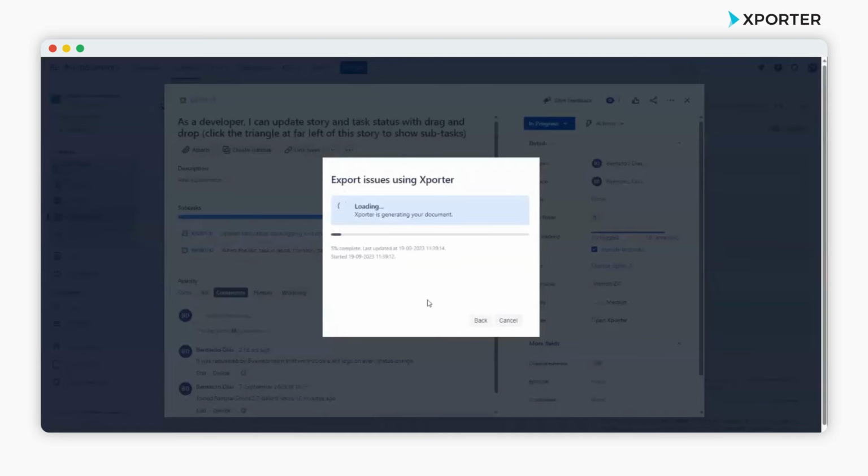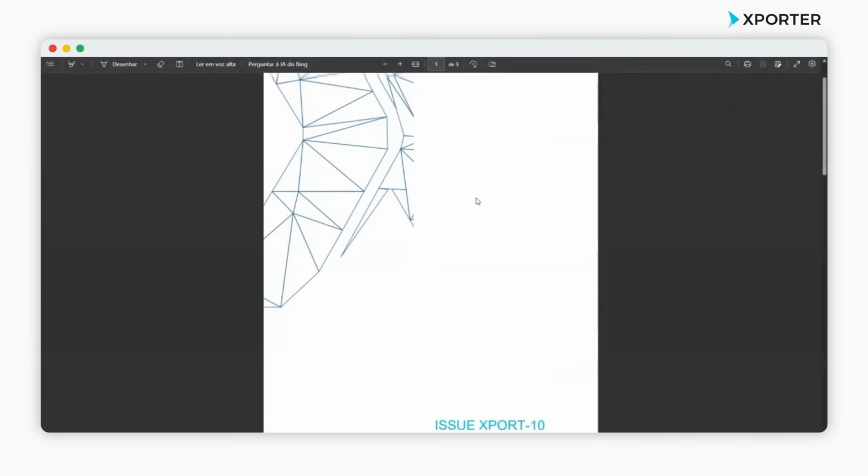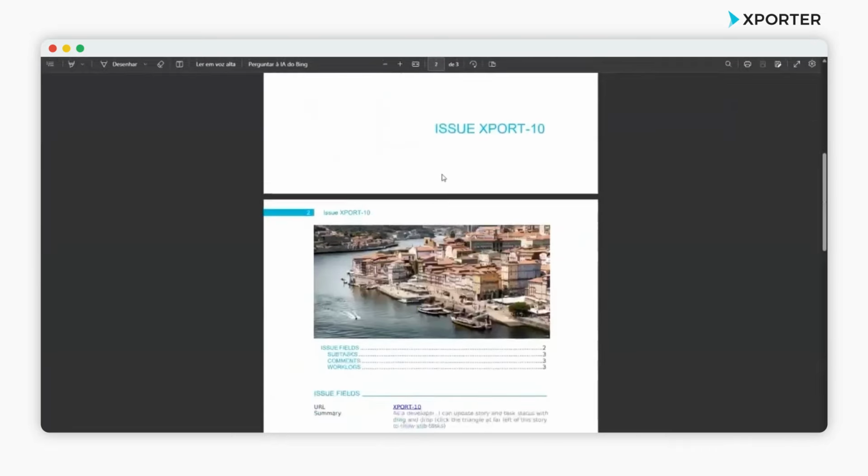Xporter will generate a new report based on a template. I'm using a template that we have on our template store so that you can replicate it quickly in your own projects. So first of all, we can already see a cover page. We have here a beautiful picture of Porto,